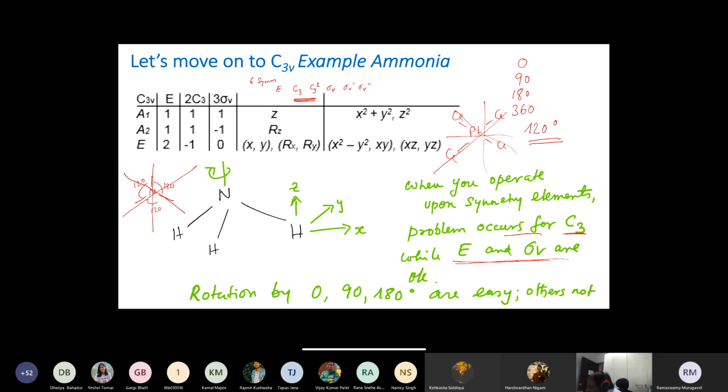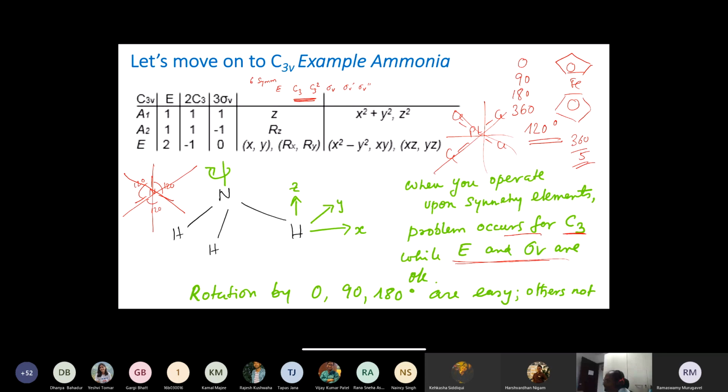But when you have this 120 degrees, or when we move on and see examples like this, what is the rotation here? 360 by 5, 72 degrees. So these rotations generate x, y, z values that cannot be simply a matrix transformation without